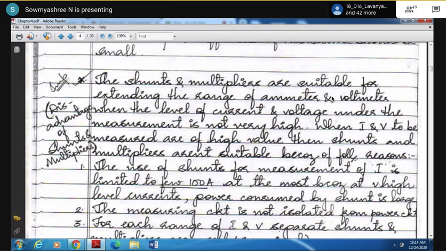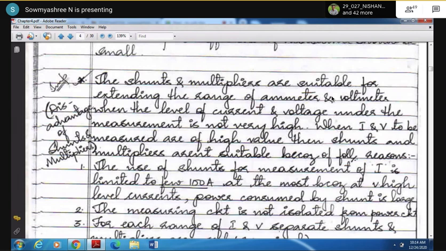So the power consumption is reduced in this case. These types of instruments have lower power consumption, which is one of the advantages of instrument transformers. So why should we go to instrument transformers? You should know the advantages, why we are using them. Power consumption is one thing, insulation problems are eliminated in these cases, and these instrument transformers can be used to measure very high voltage and current ranges. These are some of the advantages of these instruments.